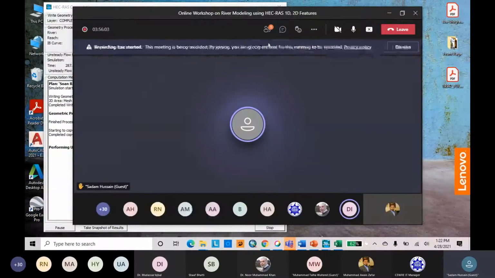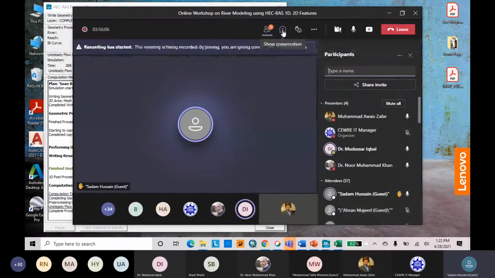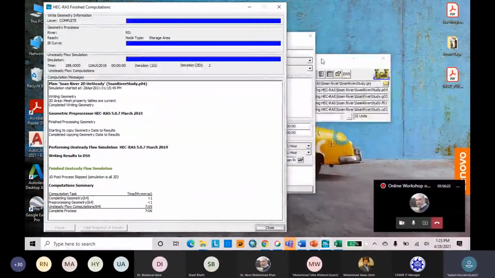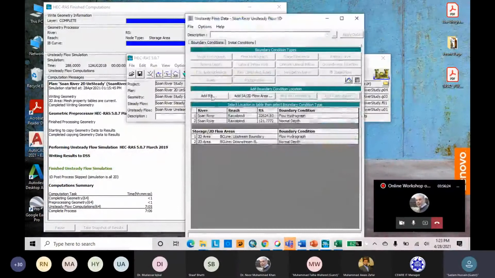Yes. Okay. My question regarding boundary condition is that whenever we are going to select a boundary condition, either upstream or downstream, when we click on the dialog box, the window pop-up in front of us shows multiple options. Could you please recommend which one is the best option to select for any boundary condition? For example, we should go for rating curve, or hydrograph, or slope, friction slope, etc.